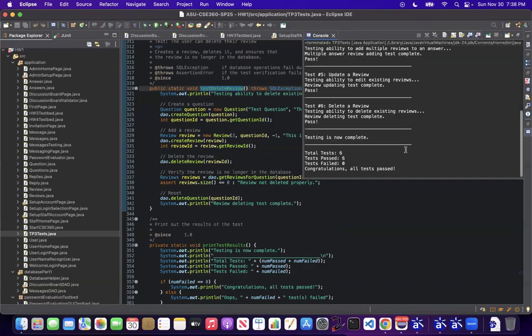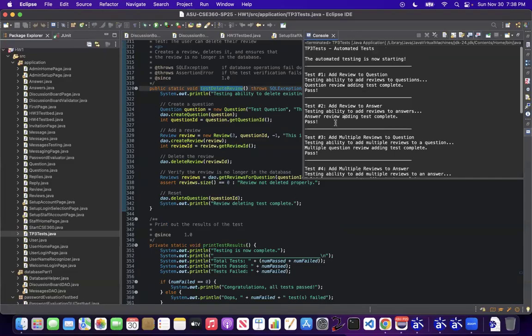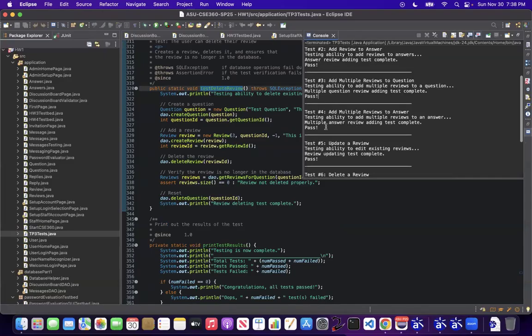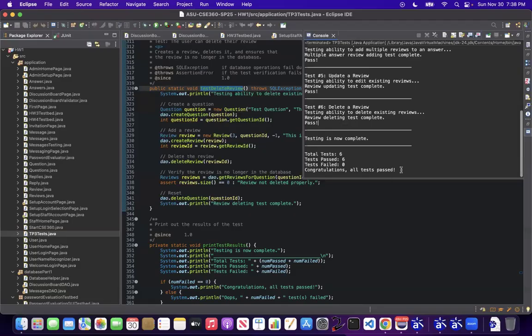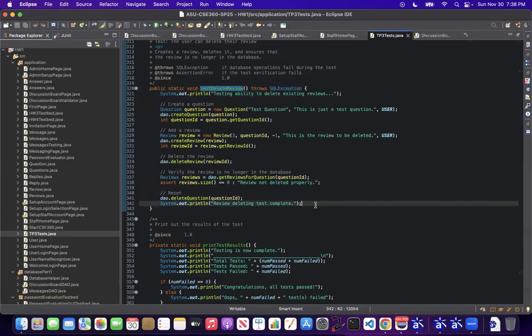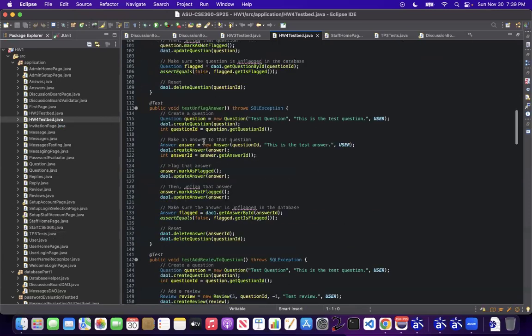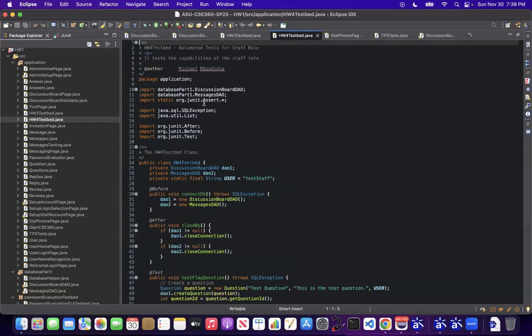And as you can see, all of them have passed. This one's passed. This one's passed. This one's passed. This one's passed. This one also passes, and this one has passed. Well, it looks like the reviews capability is working well too. Hooray! Now there's just one last thing to test, and that's the staff capabilities, and that's what the